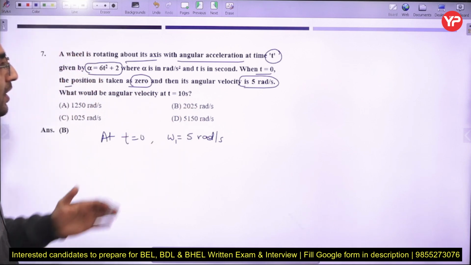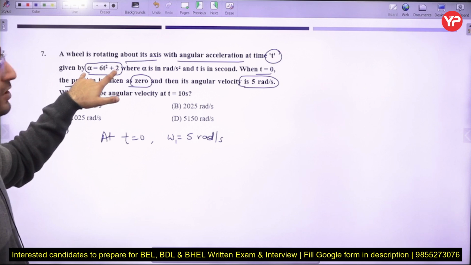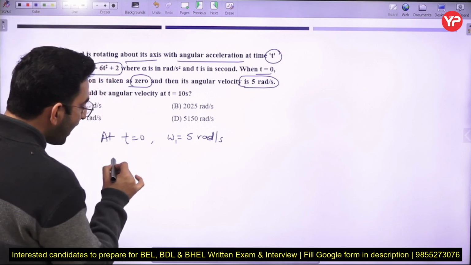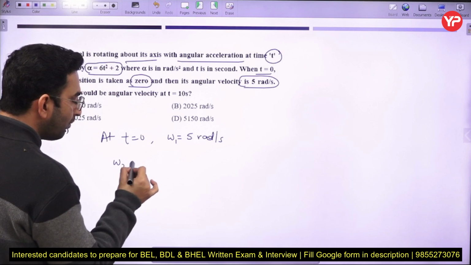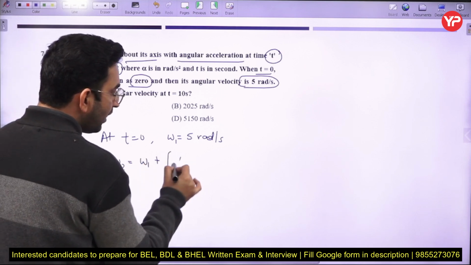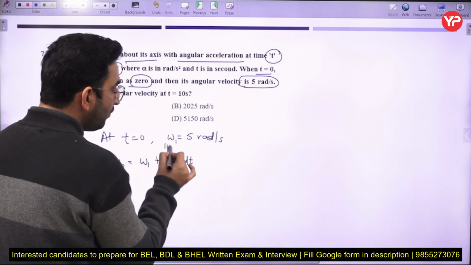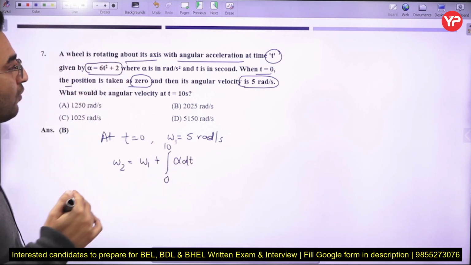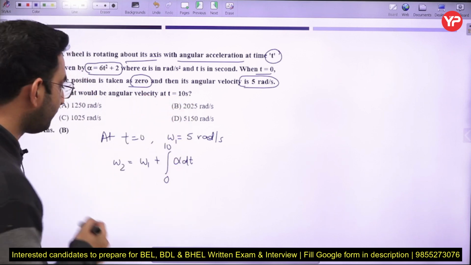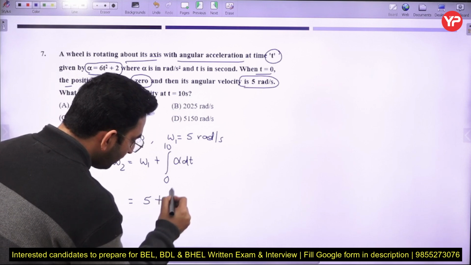So here you can see, as you are increasing the time, the angular acceleration is given by this particular expression. So we can say the angular velocity can be written as omega 2 equal to omega 1 plus the integral of alpha dt, and the integration you have to perform from 0 to 10, because we have to calculate the value of the angular velocity at t equal to 10 seconds. So if you put in all these values here,